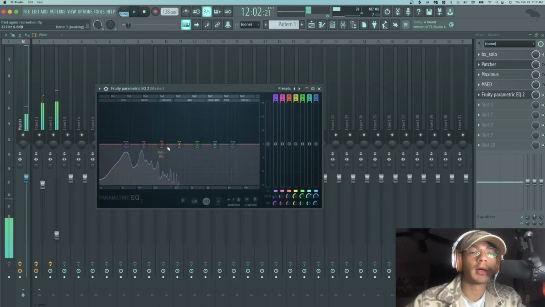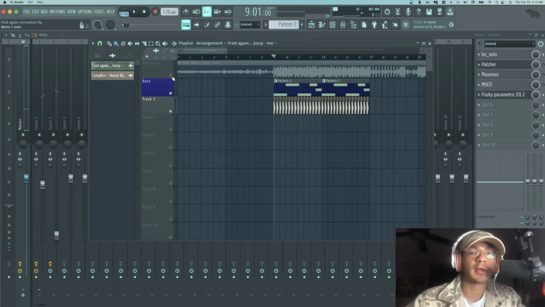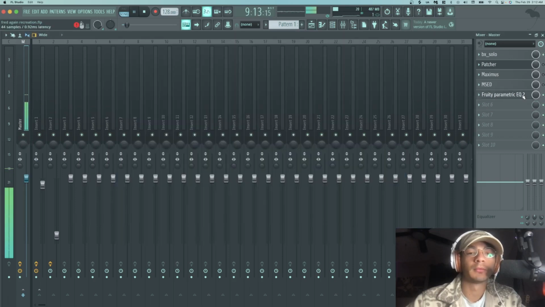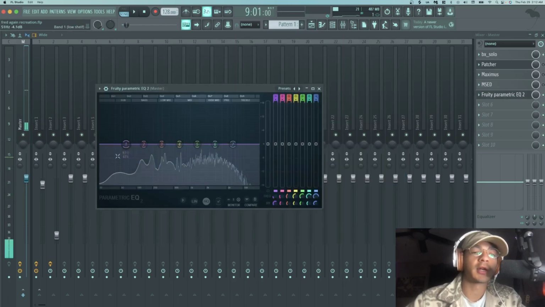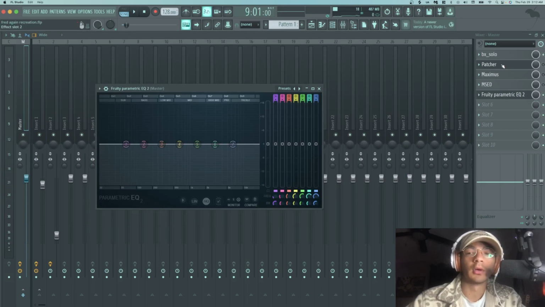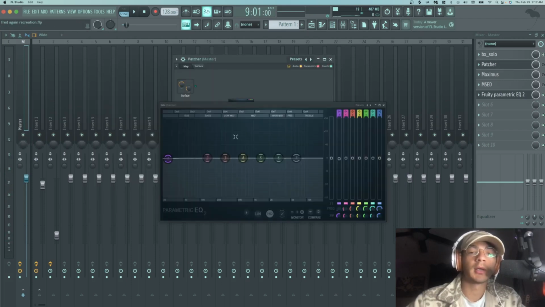So we have a lot of information on the sides here, which our reference track doesn't have. There's actually no sub in the low end here. So what I would do in my EQ is I'm going to change this to a high pass filter, take out the lows,